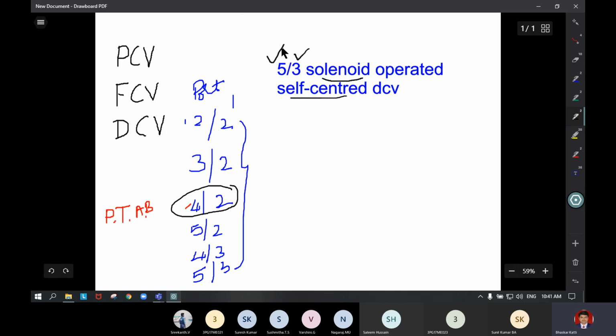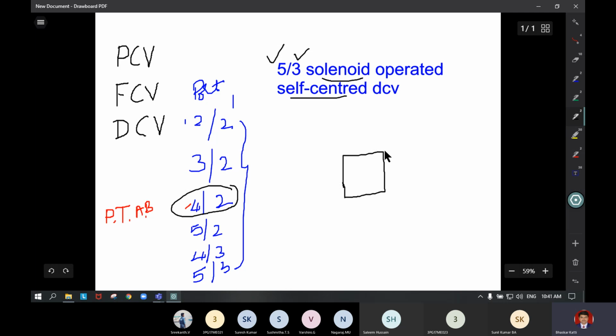Can you write this? Try yourself how to write this one. As it is showing the 3 positions, we have to write the 3 square boxes first. Please remember you have to write the square box only. Even though you are writing freehand, it has to represent square lines only.